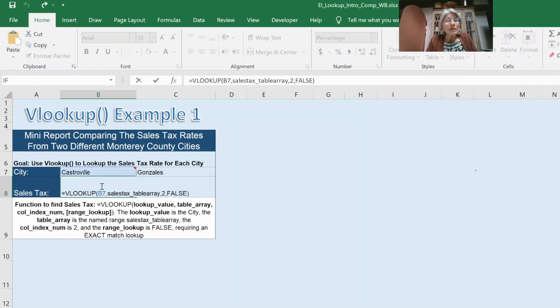So a really key thing to remember: the lookup value is something you can see on the same worksheet in which you're putting your function. So we should be able to click on that value, and we can. It's in B7. Then we need to know that our table array is set up so that this should be able to be found in the first column of this table array, if a match exists. If no match exists and we're looking for an exact match, then we should get an